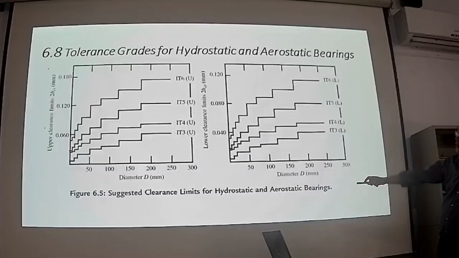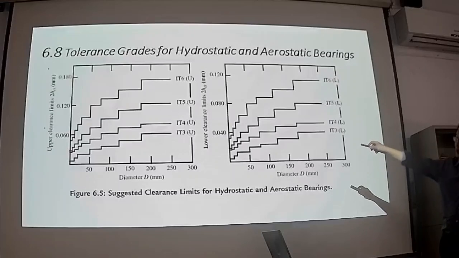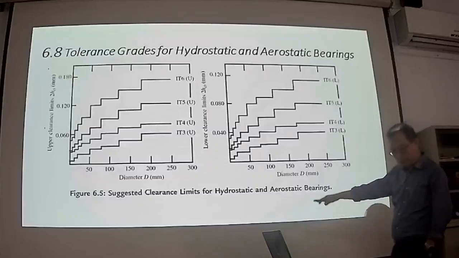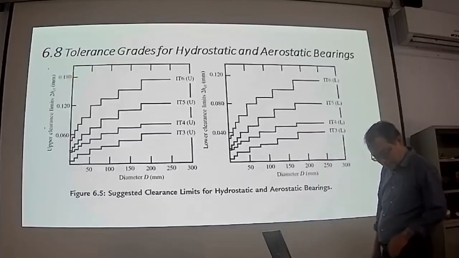The film gap thickness, the upper bar, this is the lower bar. 这个是给的一个参考的建议，就是在静压或气压头它的设计间隙的话，通常的精度的公差的等级是在 IT3到 IT6。数字越小的话，就是越精密，通常都是制造成本越高。